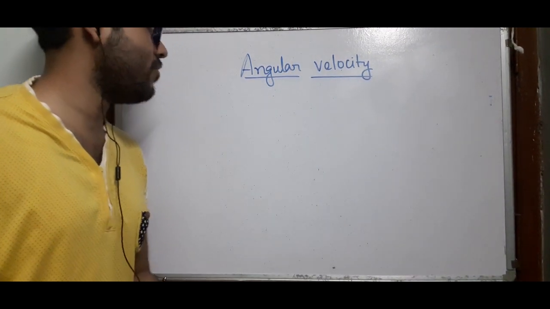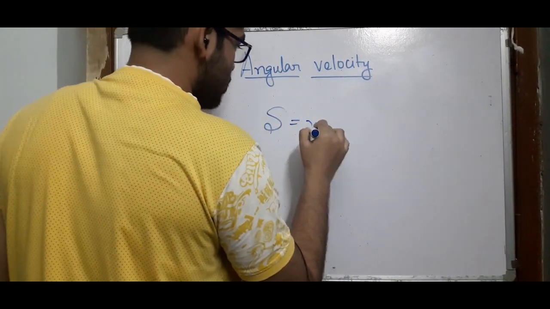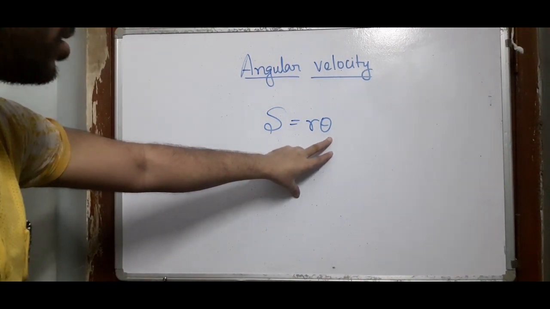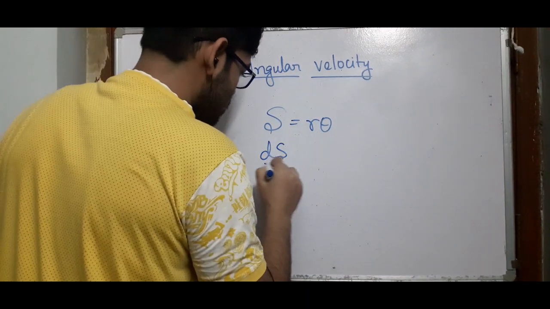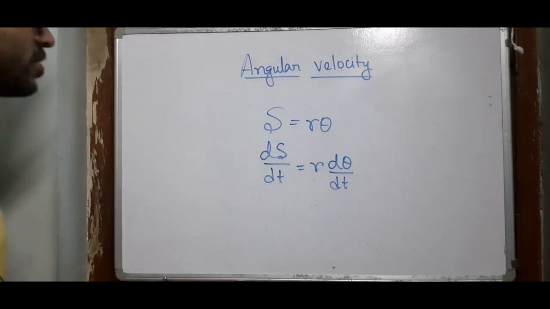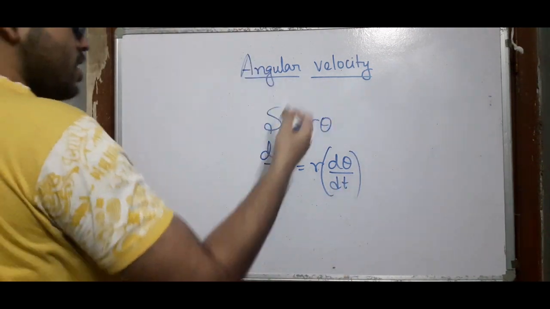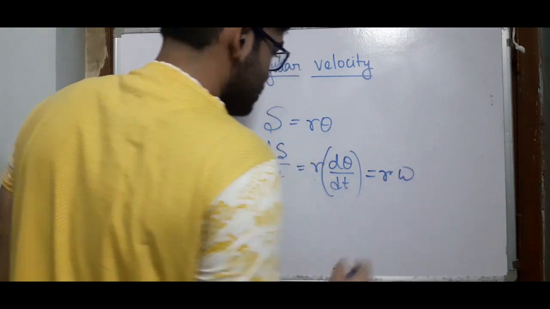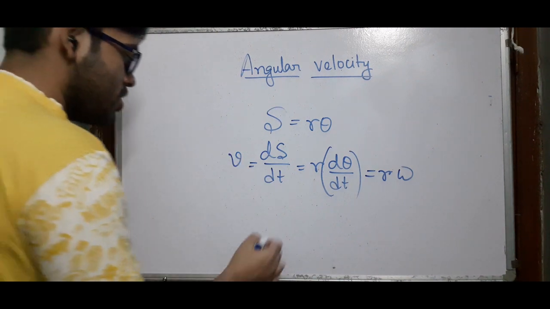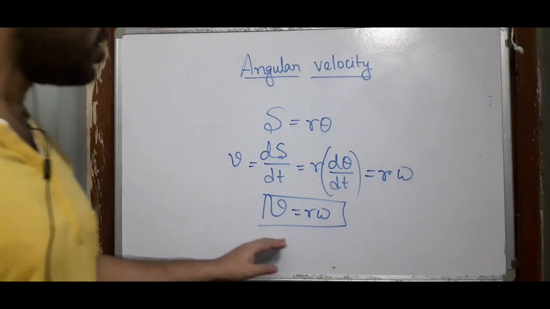Now what we want to derive here is the relation between angular velocity and linear velocity. So just in the previous lecture we have seen that s equals to r theta. This is the usual relationship between the linear displacement and angular displacement. So go ahead and differentiate it with respect to time once. R is a constant factor, so it will come out of the derivative. So this d theta dt is the angular velocity, and ds dt is the time rate of change of linear displacement, which is linear velocity. So this is the relation in between v and omega in terms of their magnitude only.